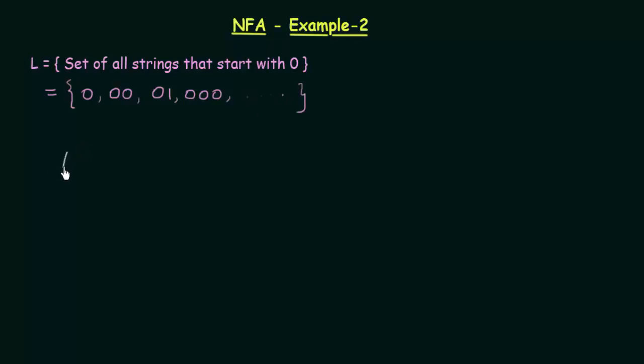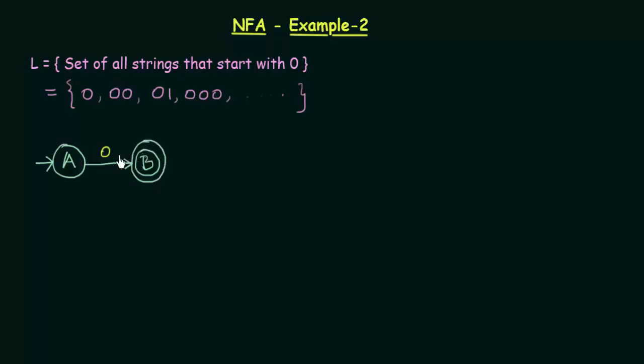As usual, we always start with the starting state. Let me call it state A. A is my starting state, and I represent it using this arrow. I need to send it to the next state, which I will call state B, on getting input 0. My only condition is that the string should start with 0. So A is the starting state and the first input is 0. If the first input is 0, I go to the next state B, and B should be my final state, so I'll put a double circle around it.